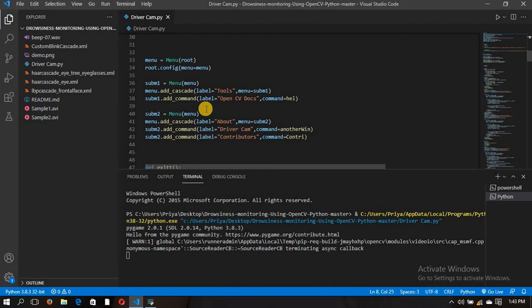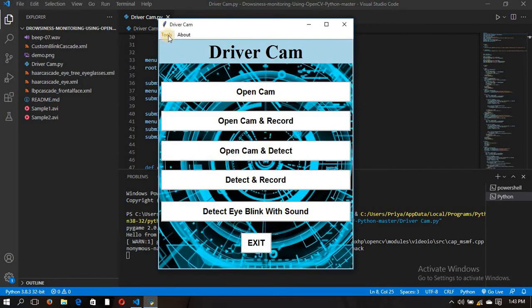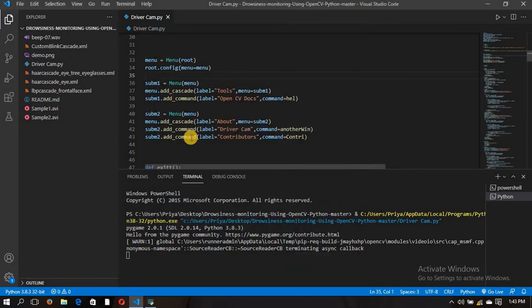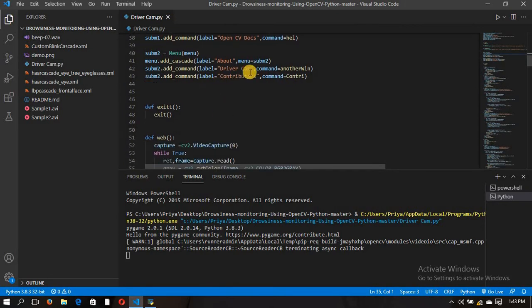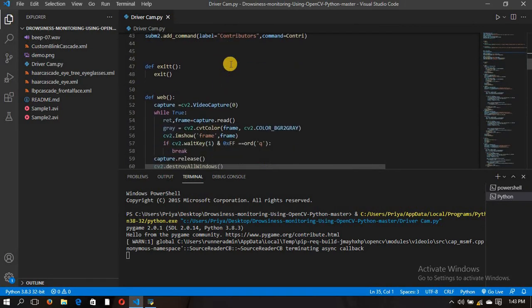Here the add_command method is used to add menu items to the menu. Like I will show you, this Tool is our menu and these are the children. This About is the menu and these are the children. In this way it will create. Again similar code for the About menu. Then we have to add Exit.